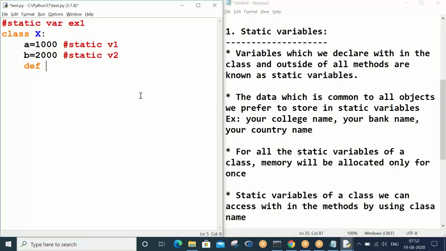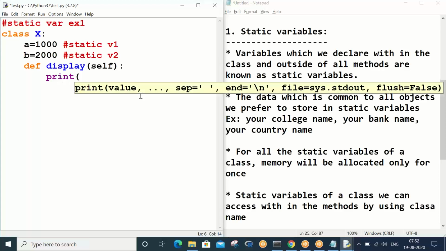After which you usually define your methods. Def display, with one parameter, self, which is common for the next 7 or 8 programs. I will not explain what exactly self does; take it as it is, and when the time comes, I will explain. Now, how do we access a static variable within the methods? The fourth point will help you out.